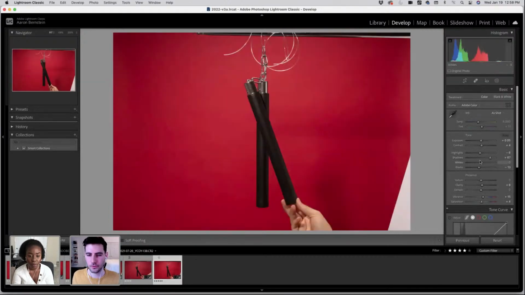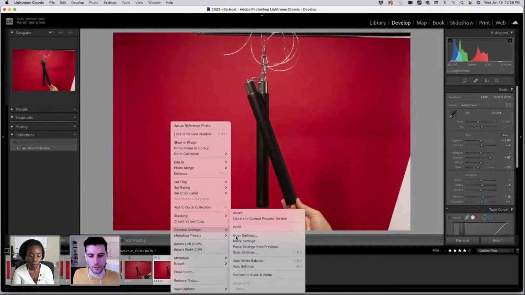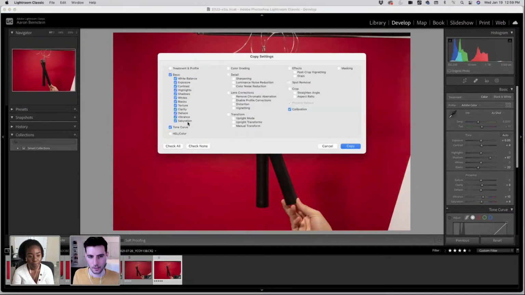And then what I can do from here is, because all of the color temperatures and saturation are the same, this actually looks pretty good to me. But if I wanted to bring out those highlights a little bit more on the middle, or keep these a little darker overall, I can slightly make those adjustments where the background looks pretty similar. And then I'm going to recopy those settings